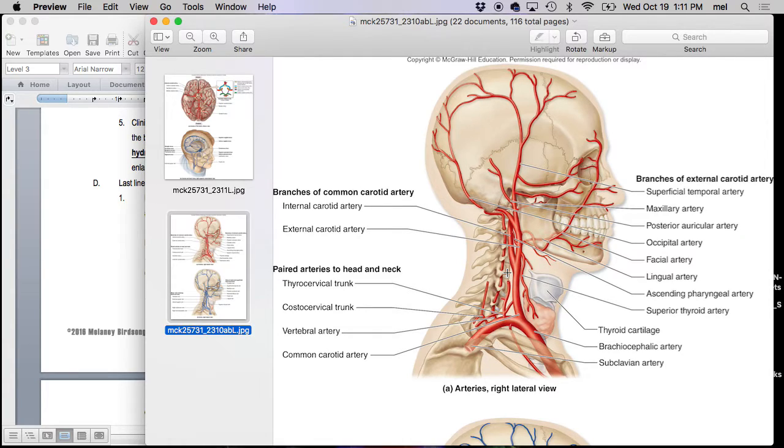So it can't do cellular respiration in the absence of oxygen, which means if you don't provide it with oxygen, the cells die. Okay? So it needs a constant supply of oxygen. So it has really, really constant, very high level blood requirements. So we're going to start talking in this set of notes about how you get blood flow to different organs,